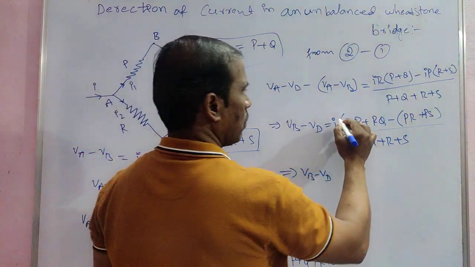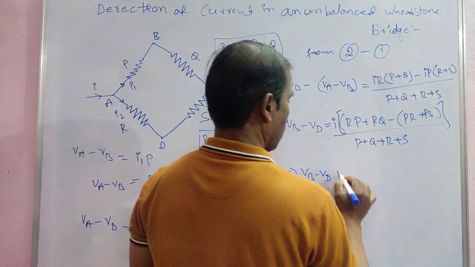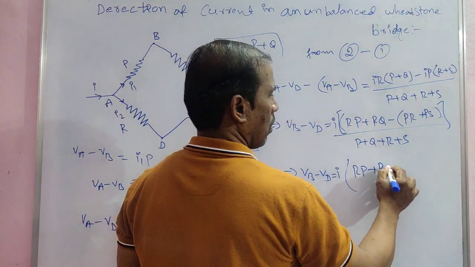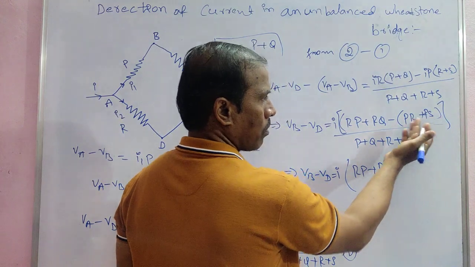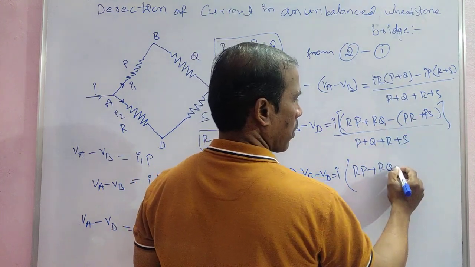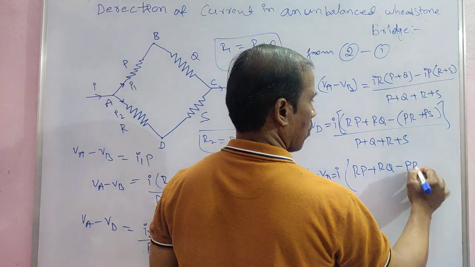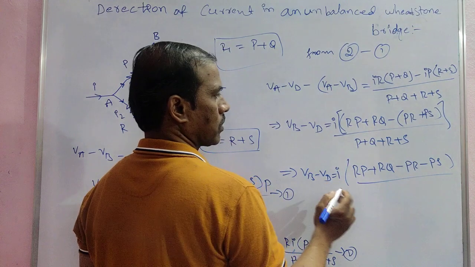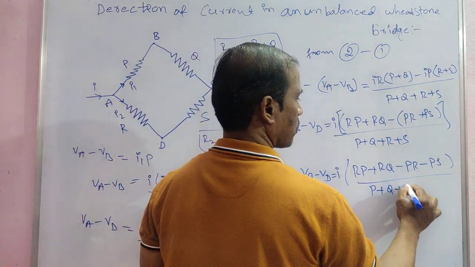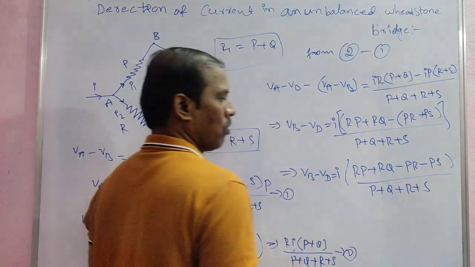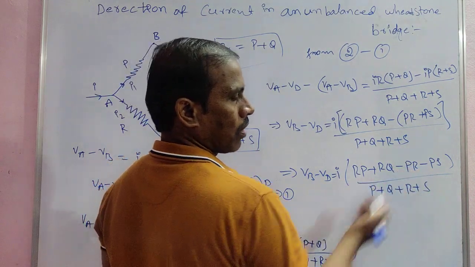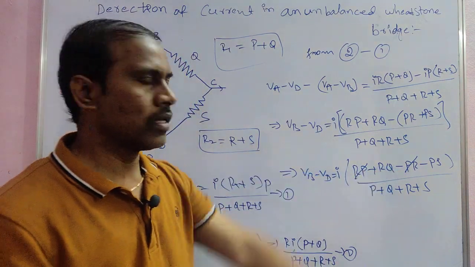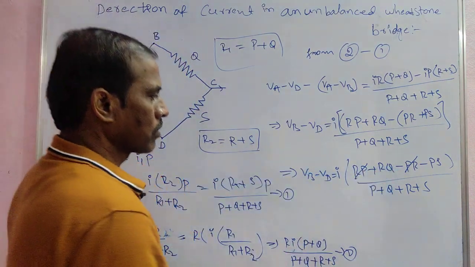Now, this is equal to I into RP plus RQ, open bracket, minus PR minus PS, by the total resistance P plus Q plus R plus S. Here RP is positive and the other RP is negative, so they cancel. RP minus RP cancels, leaving